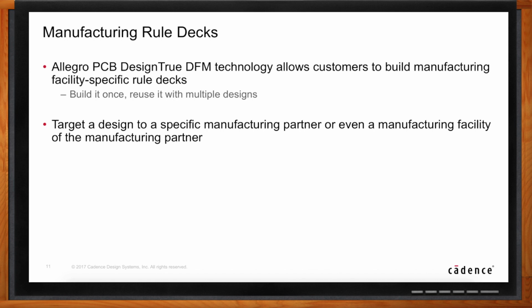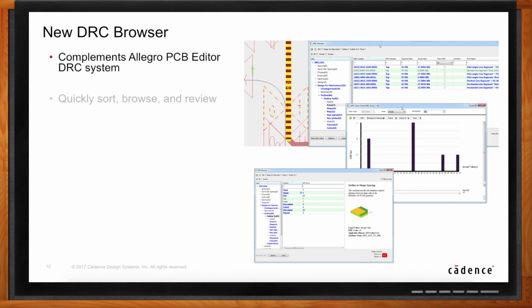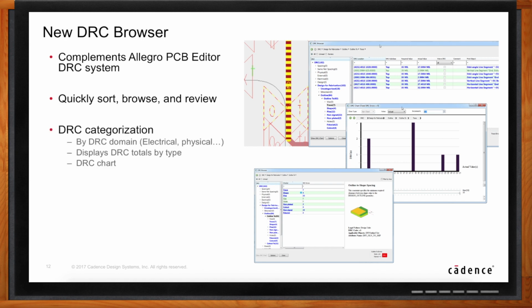And in this case, the earlier you change the rule deck, the better you are. But assuming you were changing it a little later also, we provide a very easy to use DRC Browser. It's brand new, taking this process into consideration, to make it easy for them to quickly sort, browse, and review different checks. We give a pictorial feedback of what the rule violation is all about. We have a way for them to sort it by the category of rules and look at how many rules are in a particular category. So we give them all the tools to navigate through the problems that they might run into,